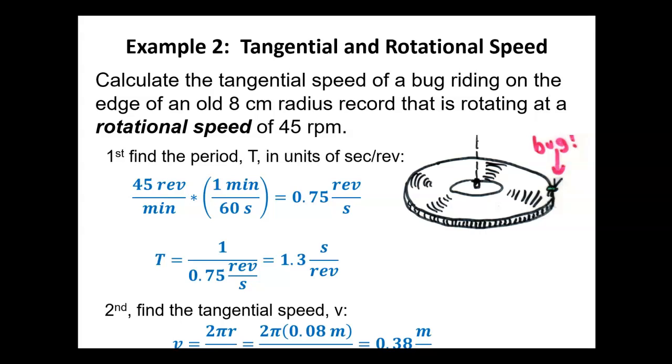So we convert 45 revs per minute to 0.75 revs per second, and then we take the inverse. That says that it will take 1.3 seconds to make a full revolution. So the period T is 1.3 seconds. Then we can find the tangential speed as the circumference divided by the period. So 2 pi times the radius, divided by the 1.3 seconds, which is the period. So this bug on the edge of the disk is moving at a tangential speed of 0.38 meters per